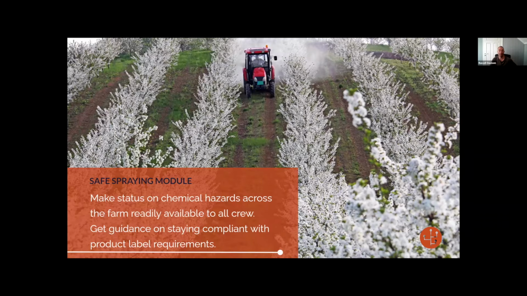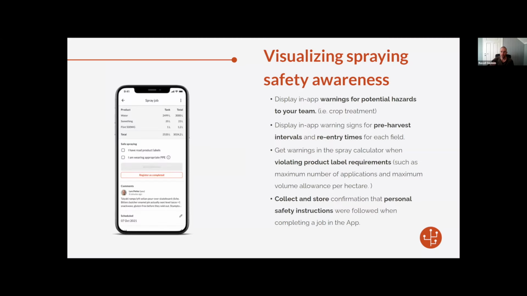So why choose Safe Spraying? Basically, it's giving you notifications and alerts of all those chemical hazards across the farm. So once you've done a spray treatment or a fertiliser job, that'll become obvious to the whole team, and you're going to get guidance with regards to label restrictions and label limitations and things like that, which we'll go into. So giving the team those warnings of the hazards,